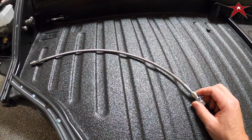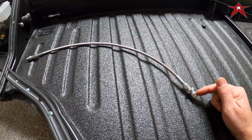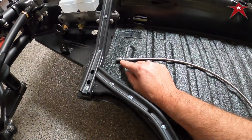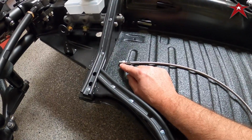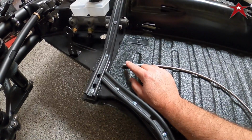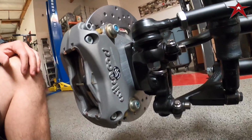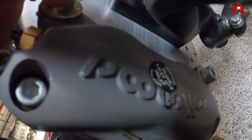So our front brake hoses are also a 3-piece hose, metric female here, -3 line, to an American adapter if we're running Wilwoods, and a metric adapter if we're running a Ghia caliper. So for this application, it is an MPT, which is American. And if we're looking at a Wilwood caliper, it has this handy dandy little sticker here that says